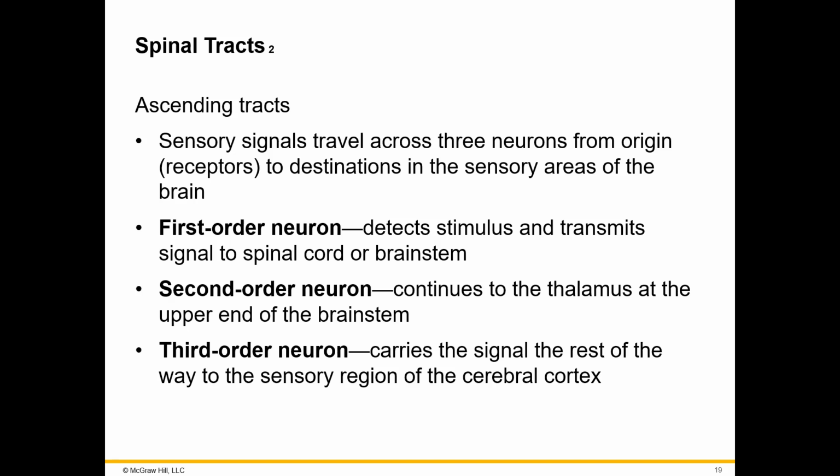And then from the thalamus to your sensory region, if you're dealing with a visual stimuli, or if you're dealing with a mechanostimuli, when you go to the sensory region in your cortex, that is a third order neuron. But what is in common between all of them? They're all,